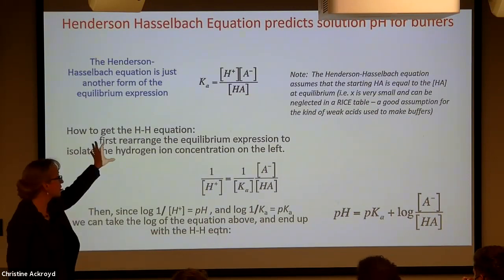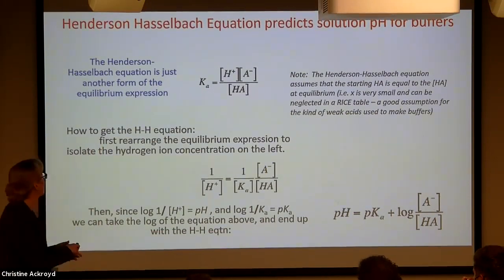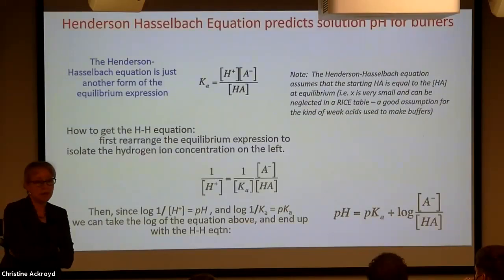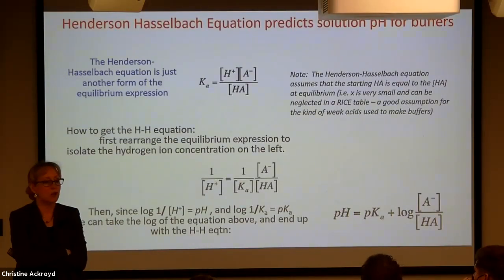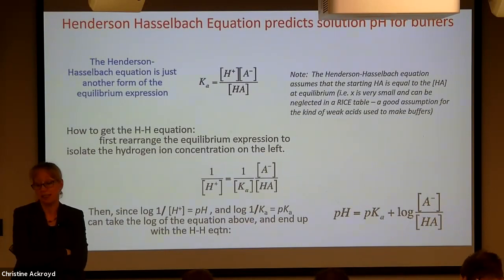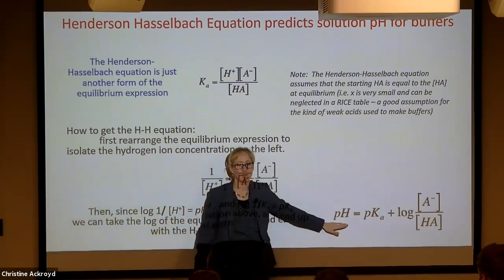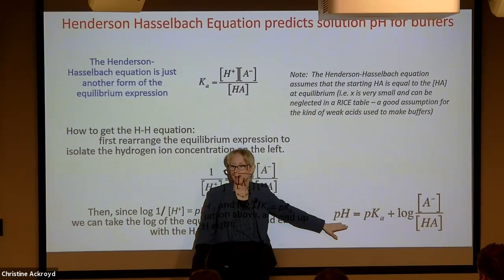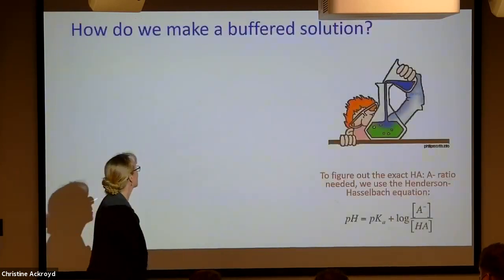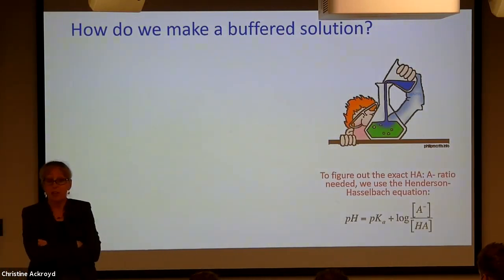So this equation is just a rearrangement of the Ka expression. It does assume that the equilibrium concentration of acid is indistinguishable from the initial concentration. And that is true for nearly all of the weak acids, right? Because usually we get to neglect X in the denominator. So really, this is just an easy way of calculating the pH without a RICE table. Okay, so we use the Henderson-Hasselbalch equation because we want to make a buffered solution and we need to know what concentrations of weak acid and